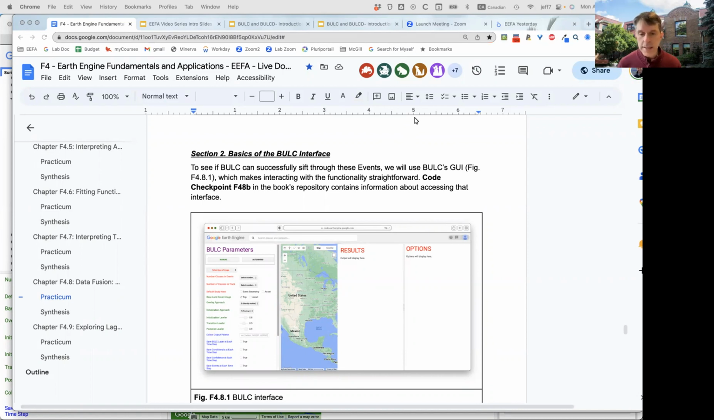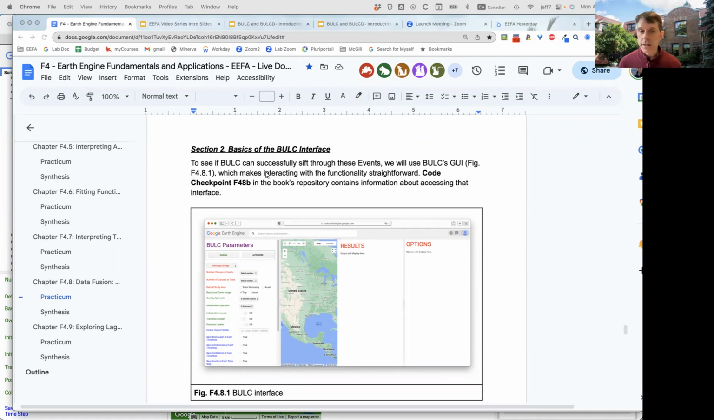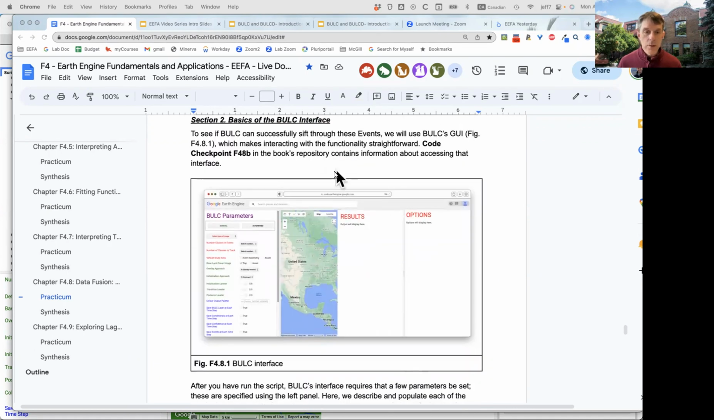You've also seen interfaces in F4.7 looking at CCDC and F4.5 in LandTrendr, and also in the applications sections, which we will also create videos for. You can also see some interfaces there as well. So what we'll do today is show you the third interface in the book, and it is this Bayesian updating of land cover. So we're going to use this GUI and go to